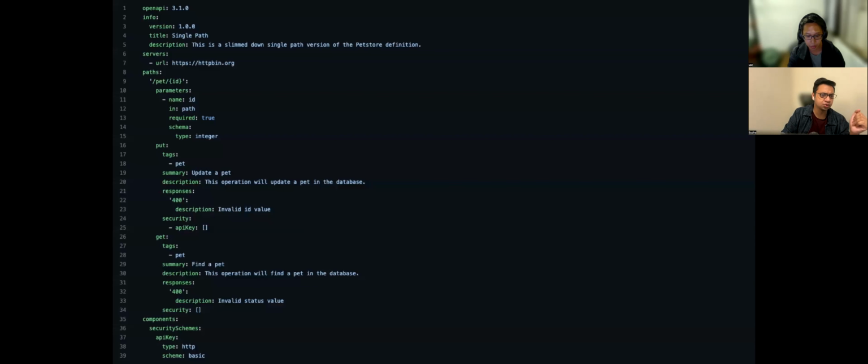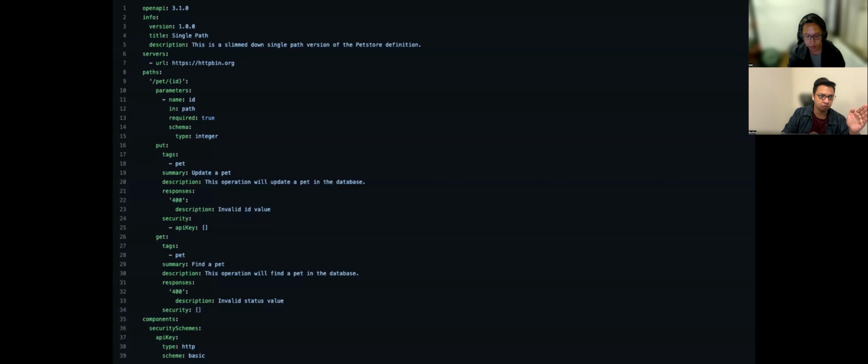You're also looking at the info section, which is a little bit more of a metadata piece. You're looking at servers, security, paths, and components. Tags and external documents are kind of extra in this case, but usually you would have your info, your servers, paths, and components. Security, depending on what your security style is, should be specified as well. You'll see some of those mentioned over here.